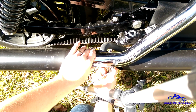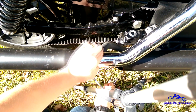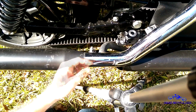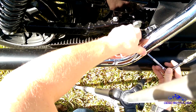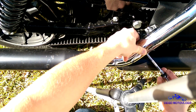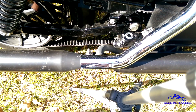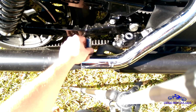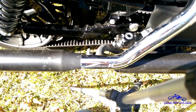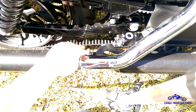If you wanted to take your factory heat shields off, now would be a good time. So there's, I think, 2 more clamps on the heat shield. Just loosen them all up where you can kind of wiggle the shield around. You can see this kind of wiggles around. You're going to want to get a slightly larger socket set. That bolt there, loosen that. Okay, this bolt here,